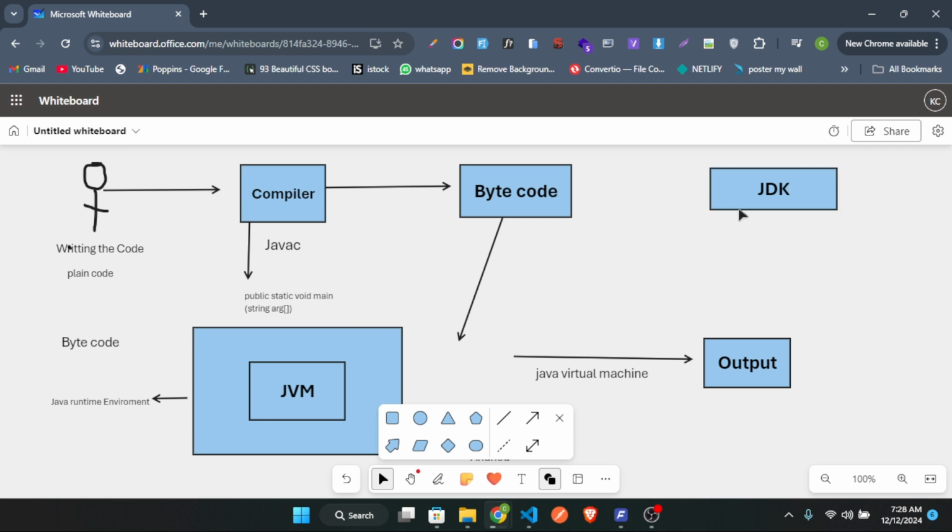Not each and every computer has the JDK. Behind the scenes, what Java does is we create the Java Runtime Environment. Simply, this means the JVM is inside the Java Runtime Environment. So when we check that we don't have the JDK and we don't have the compiler, this runtime will run